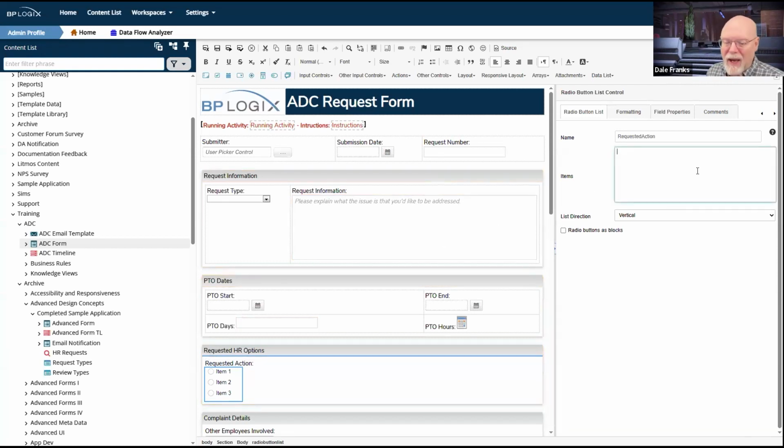I can create the items right here. So I don't know, my requested HR options. I don't remember what the old options were. So I'm just going to change name, change address. We're going to assume that these are address, benefits change. I'm just throwing stuff in here, but I can go ahead and make my list right here. Assuming that this is just going to be a unique list that's only going to show up on this form, I think in this case, it's fine to use the items property.